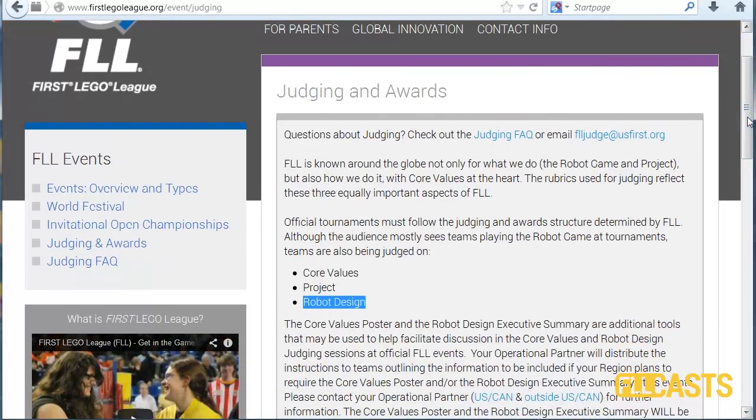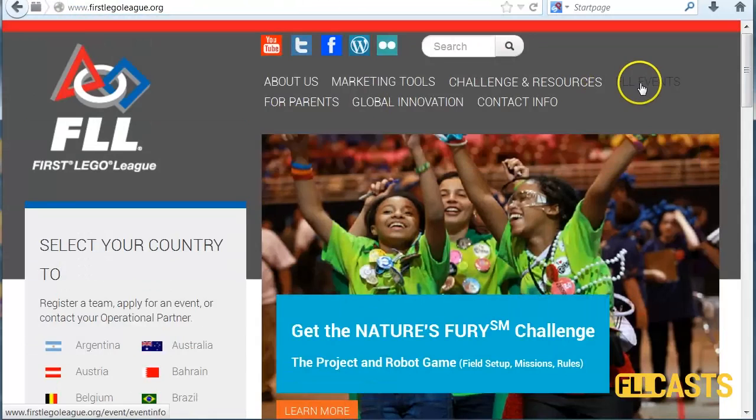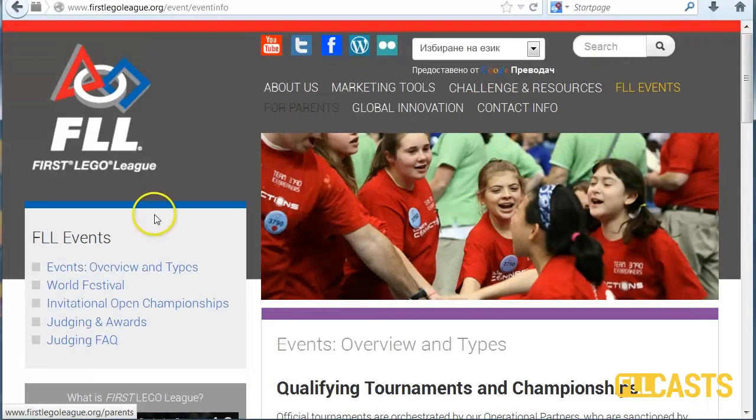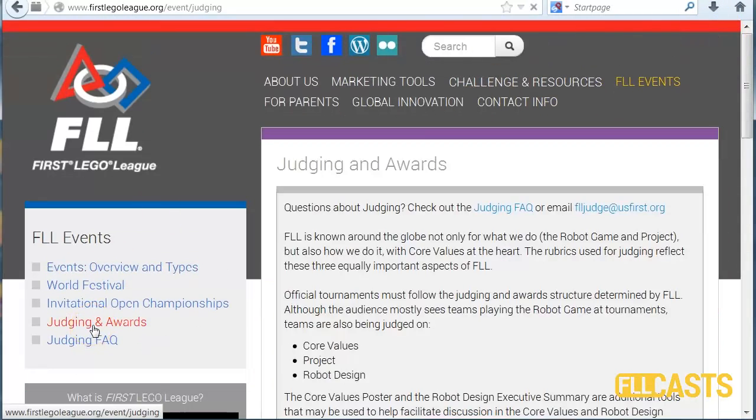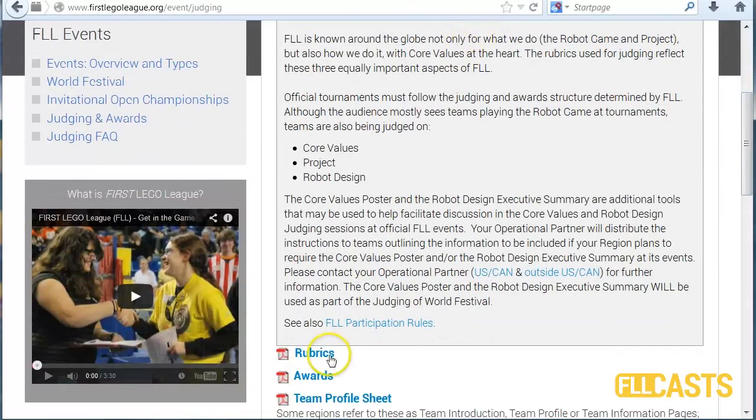First thing you should know is that the referee sheets are public. Everybody can go to the site of FLL and download them. Just go to the site, visit FLL events, judging and awards, and then download the rubrics. Here you can see combined rubrics for all the three categories: